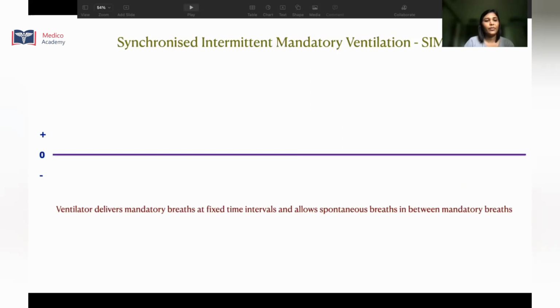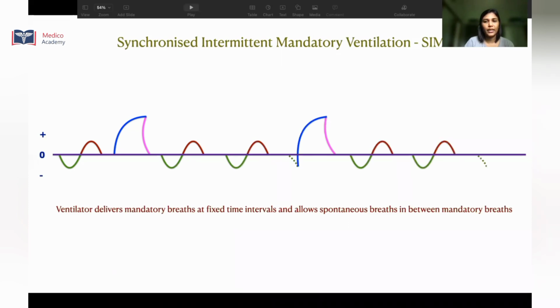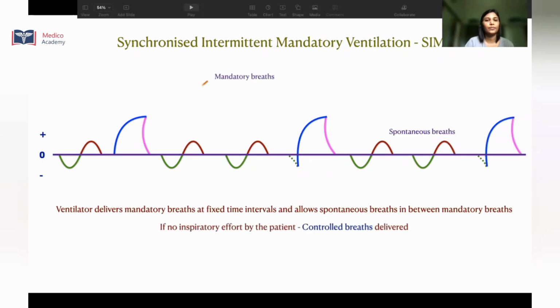So in SIMV, the ventilator delivers mandatory breaths at fixed time intervals and also allows spontaneous breaths in between mandatory breaths, as in that IMV mode. But the difference is that, let's see. So this is a controlled breath, again a spontaneous breath, spontaneous breath. Now this is an assisted breath, again a spontaneous breath. Now again an assisted breath because the patient took a ventilatory